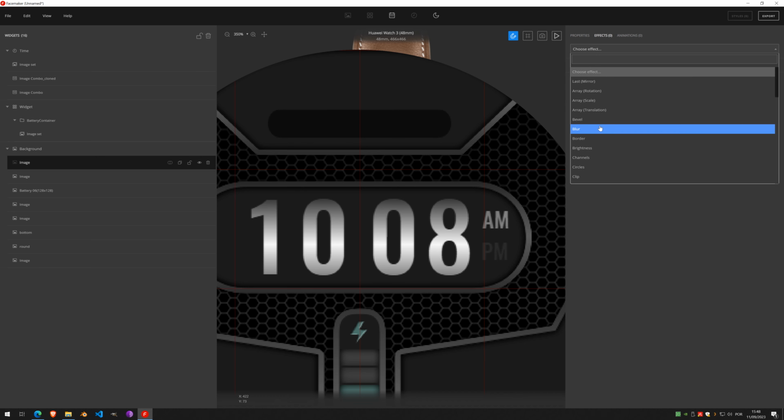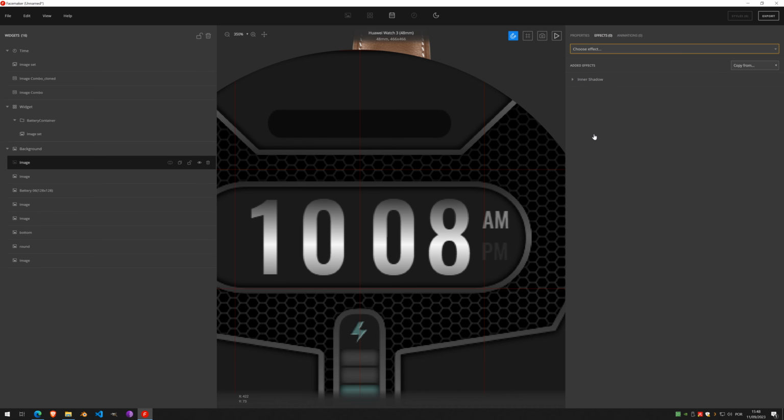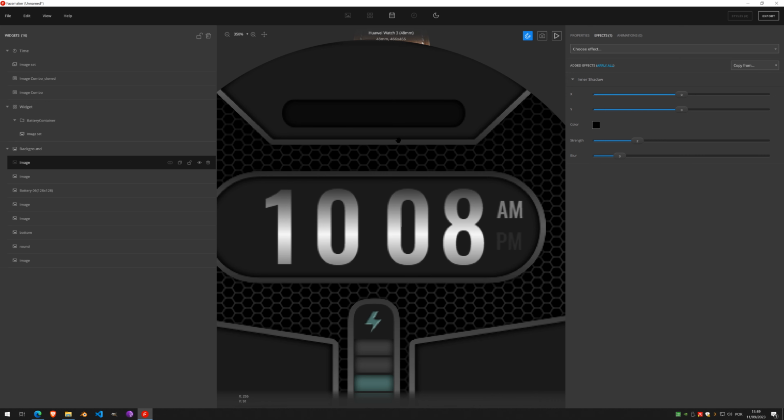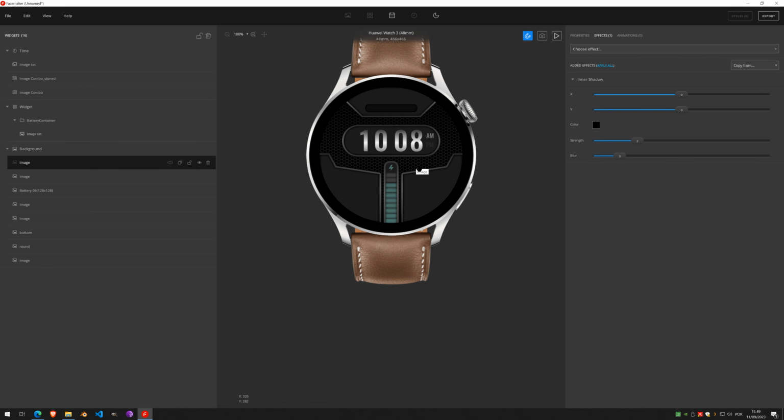And finally, I'll add an inner shadow, to make it look like it's indented on this shape. Okay, so basically, this shape is finished. So let's hide the guidelines here, and you can see what we have. We have an almost finished watch interface. It's a little bit basic, but we did it with just a few lines and a few image effects